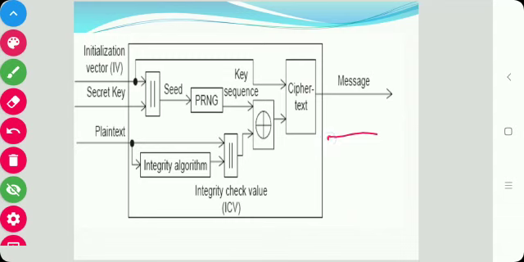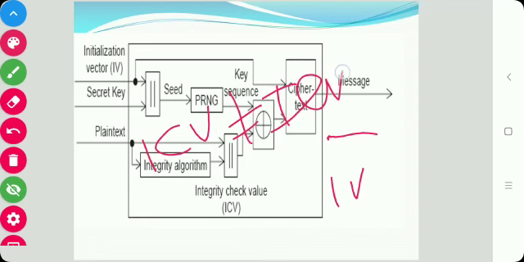Performing the steps in the reverse order means it first generates the key sequence using the IV of the message, then it decrypts the ciphertext message by doing a bitwise XOR, then it verifies the ICV. If this ICV is not equal to the ICV calculated by the algorithm, it sends an error to the MAC management layer and back to the sending station.